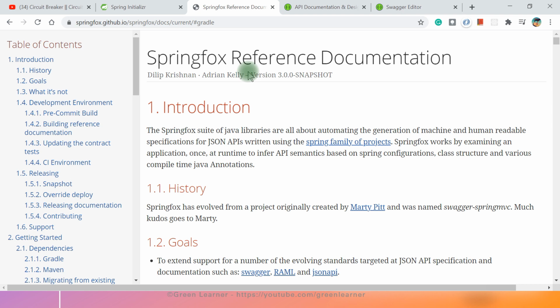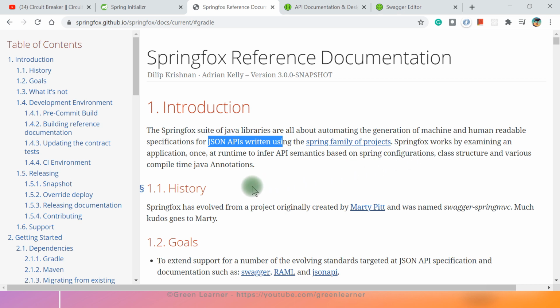If I include a library and do some configuration, it inspects our API, whatever we have written in Java, and tries to generate a document which anyone can read and we can interact with. If I go with the introduction, the Springfox suite of Java libraries is all about automating the generation of machine and human readable specifications for JSON APIs written in the Spring family of projects.